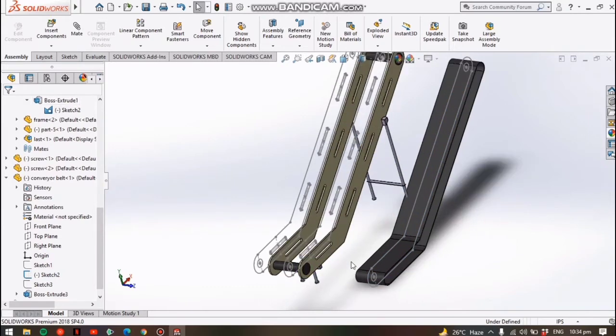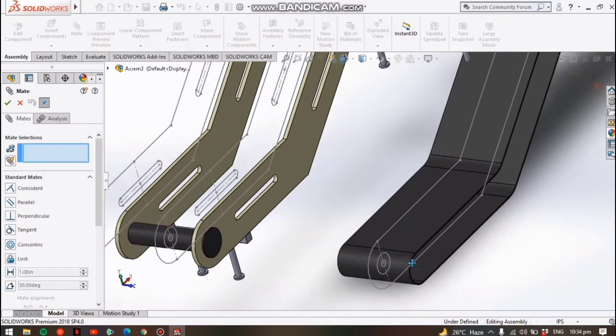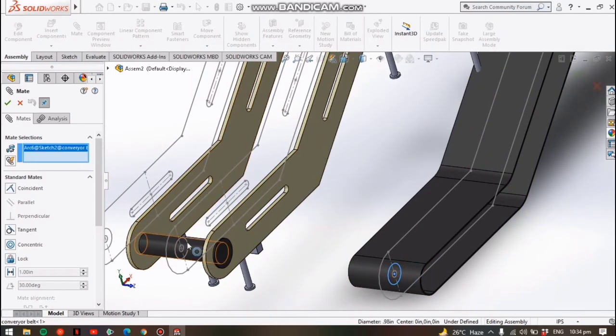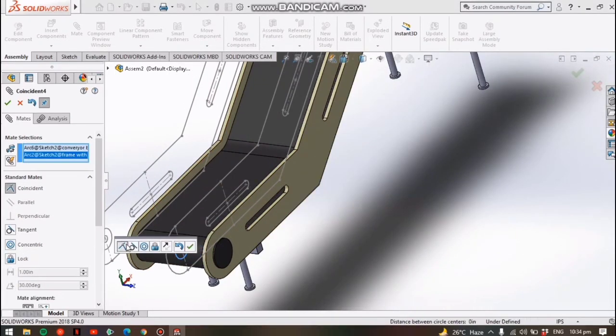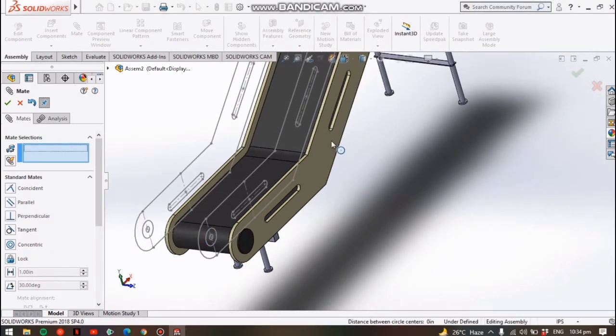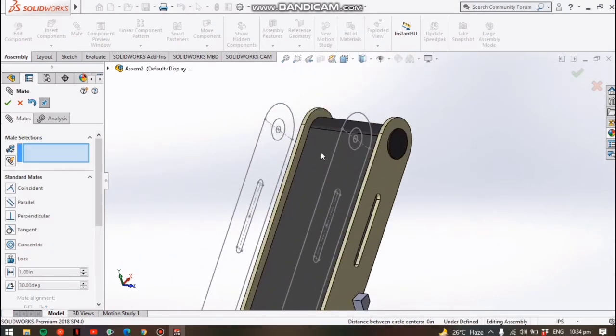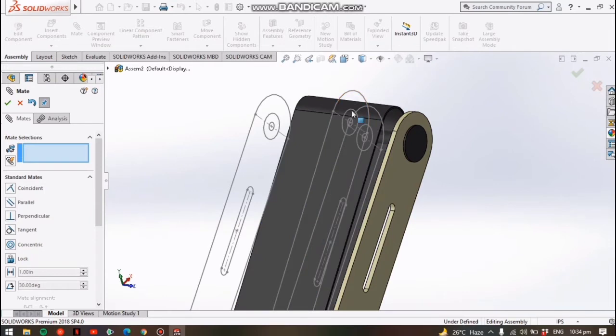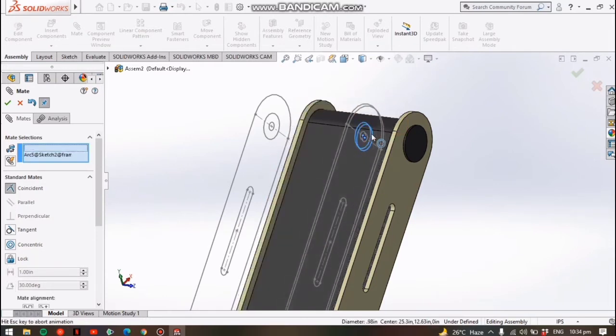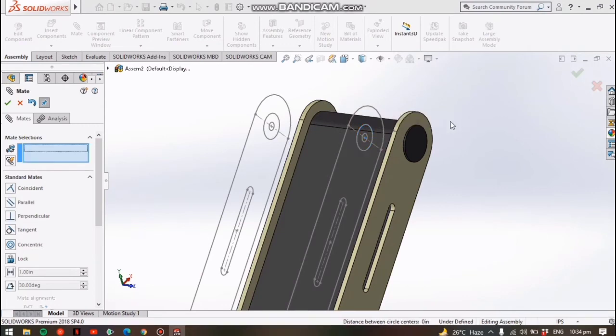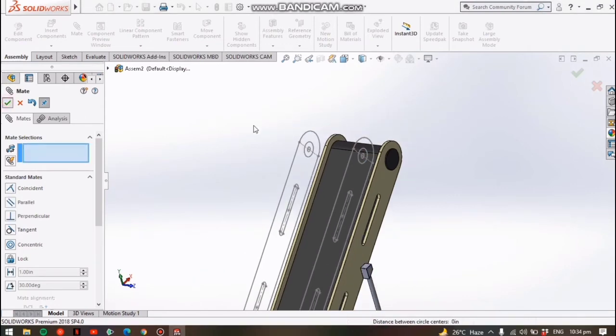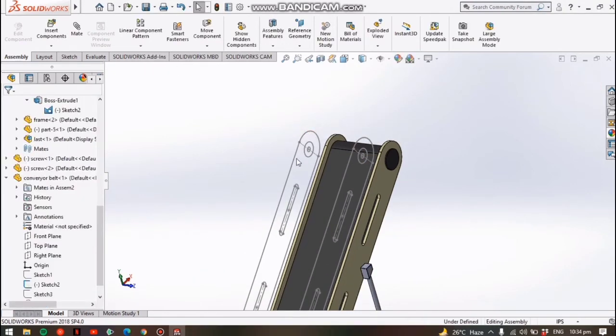And then using mate again, I will click on these 2 diameters and make relation coincident. And I will do the same thing with the upper part. Click on these 2 surfaces and make coincident. And I will just hide the sketches,